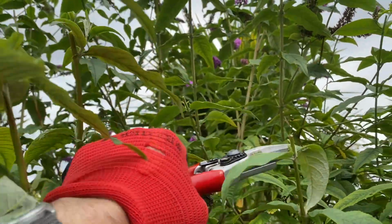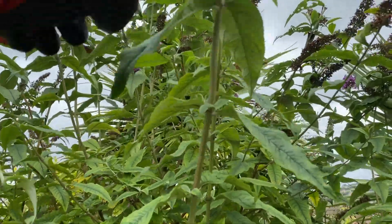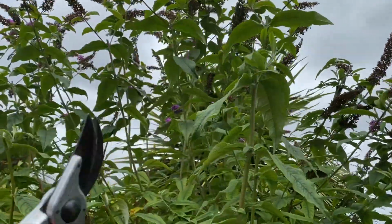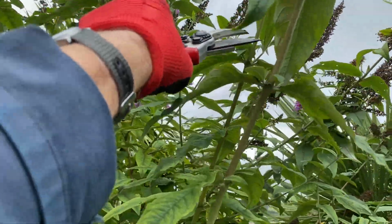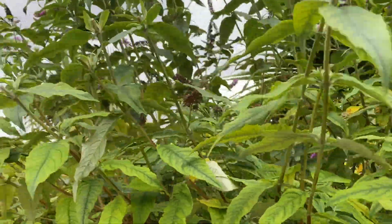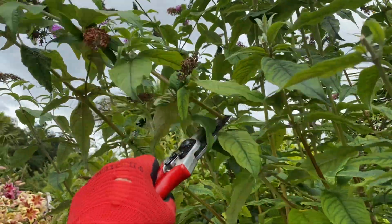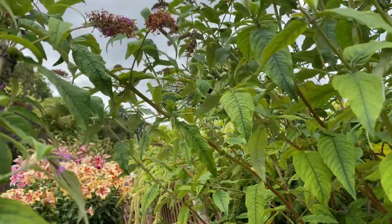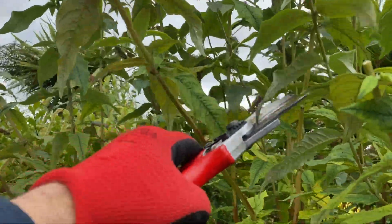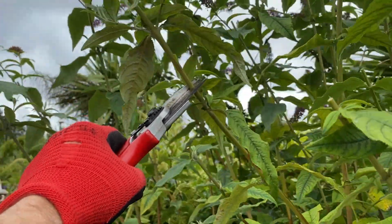And I find this quite a therapeutic kind of job. Call me sad if you like. Actually, my name is Roger, but there is something quite satisfying just spending 5 minutes here and there going and doing some deadheading this time of the year. Sometimes it's nicer if you've got a can of something nice, the old amber nectar in your hand, or a glass of wine or something. Whatever takes your fancy, and just relax. You can talk to your garden, talk to your plants. No harm in that. I'm not sure there's much benefit, but